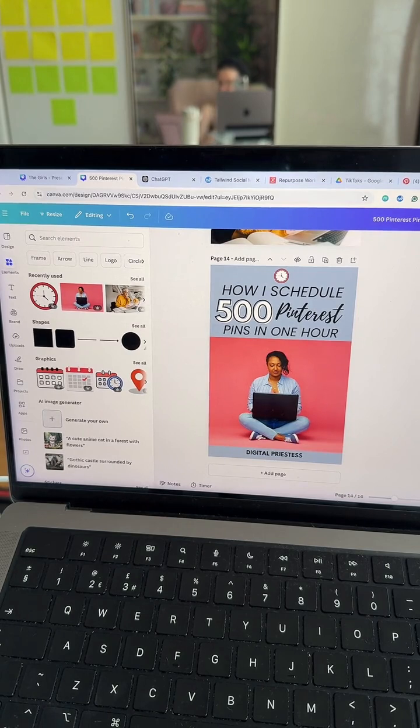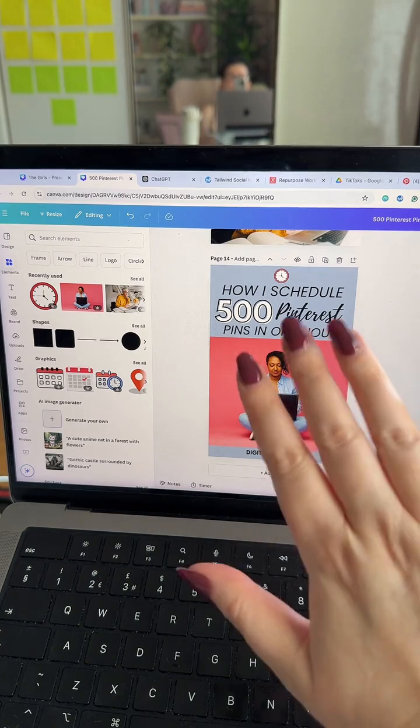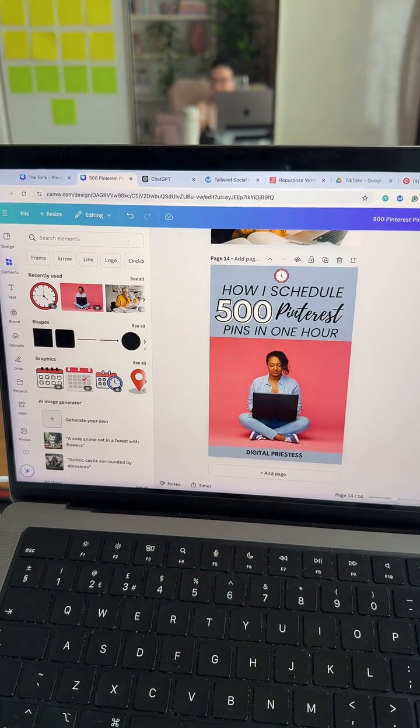I pay for Canva for my actual job. I really need to train myself on it more so I can use it more. This is one of those things I will forever pay for. I absolutely love it, especially in the line of work that I do. I make a lot of pins, so Canva is something that I will always just be like, yes, take the money. Okay, next question, let me see.